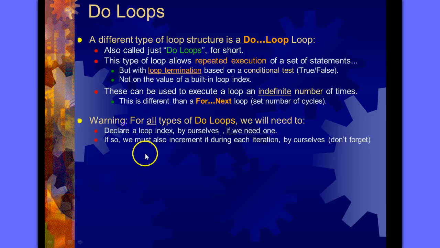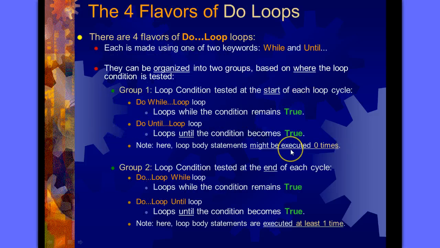Okay, so we must also increment the loop index during each iteration by ourselves. There are 4 kinds of do loops, actually, but we don't need to get too confused about that just yet. But anyway, let's just see what he says. There are 4 flavors of do loops. Each is made using one of 2 keywords. So we used while. You can also use until as a different keyword. And the difference is